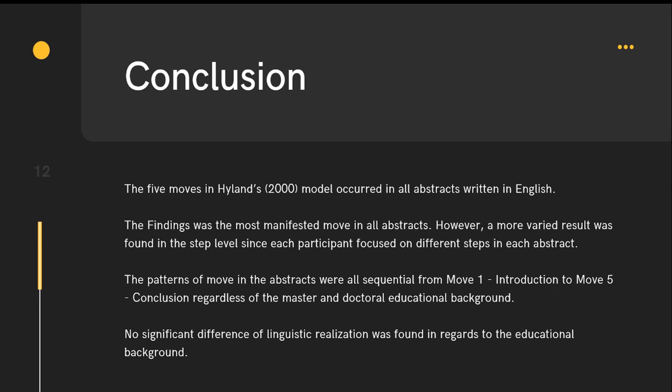The patterns of move in the abstract were all sequential from move 1 introduction to move 5 conclusion, regardless of the master and doctoral educational background. In regarding the linguistic realization, no significant difference was found in all abstract. Despite the small scale of data used in the present study, the results of the present study could enrich the existing literature in the field of academic writing, especially in thesis and dissertation writing. But to give a clearer picture of manifestations of rhetorical and